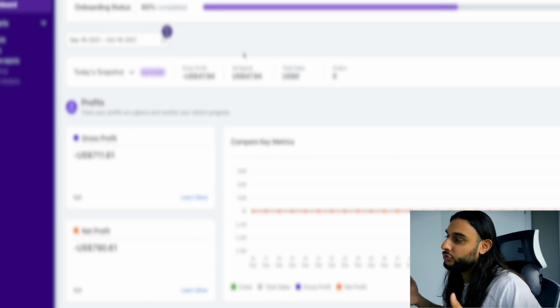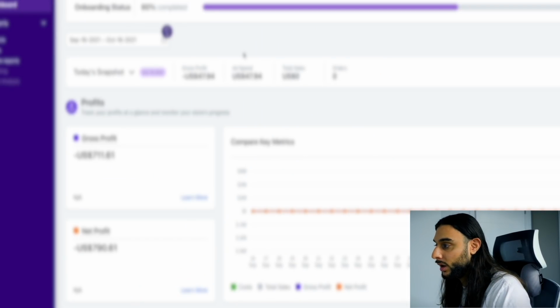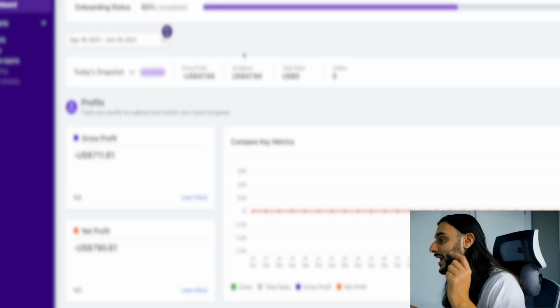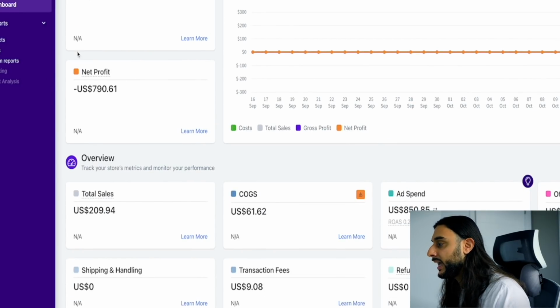So get the drum rolls rolling, because this is the bit that you guys wanted to know, which is the profit and loss. Basically, this app will calculate everything for me, any additional costs outside of what I've done, so things like the Shopify plan, but that doesn't count because it's a 30-day free trial, so technically I don't have to pay for it. So that has been taken out. Anything else on top of ad costs, product costs has been added into this app, so it is as accurate as possible. And you can see that we're in a net loss of $790, which is quite a lot of money,